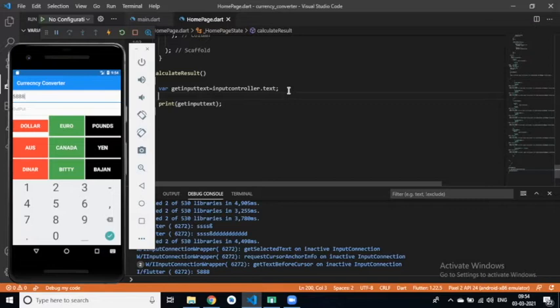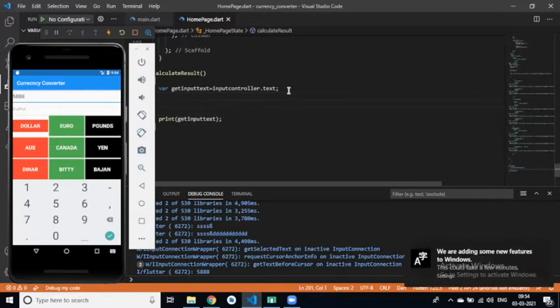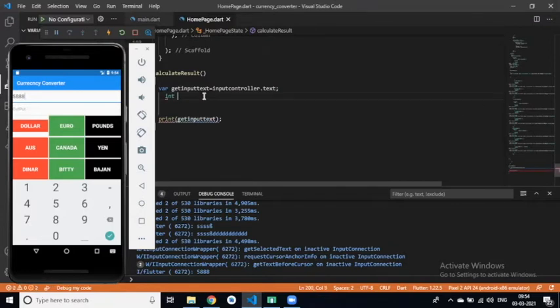So how can I do that? I want to convert this get input text into an integer because this is a string value. So how can I do that? First, we take an integer, input value is equal to int dot.